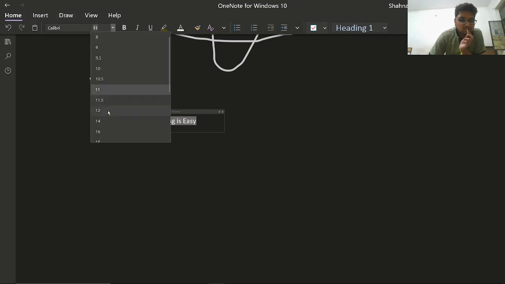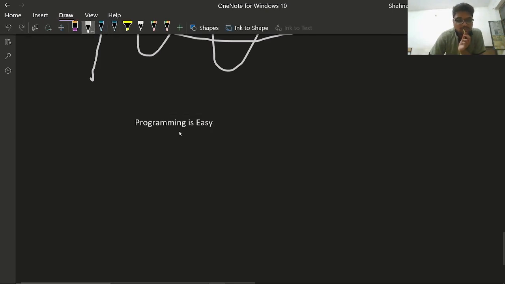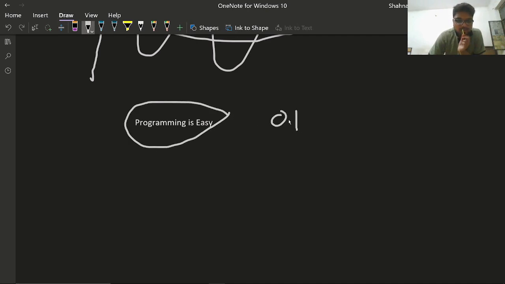Just increase the font size. Now I think it's good. If I say that I have written this, then everything written and understood by the computer is in the form of binary digits, 0 and 1.